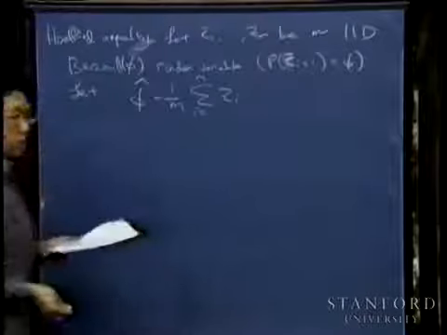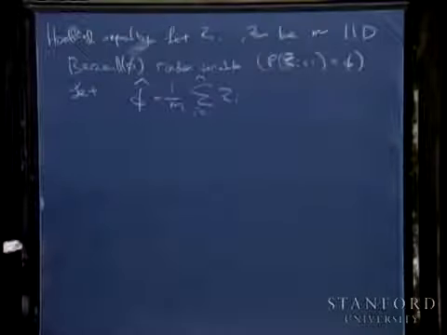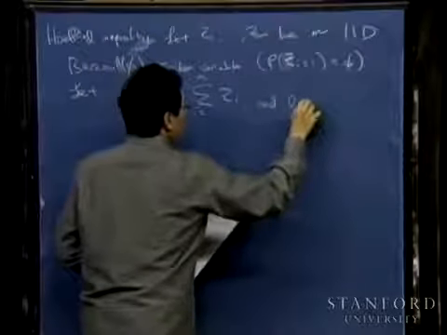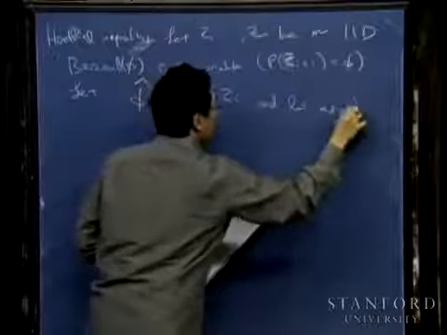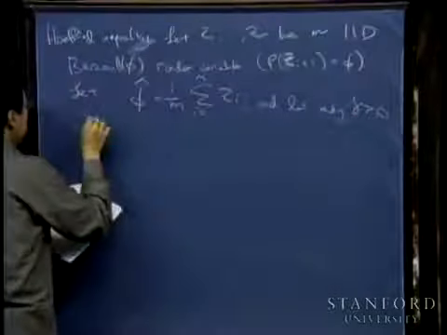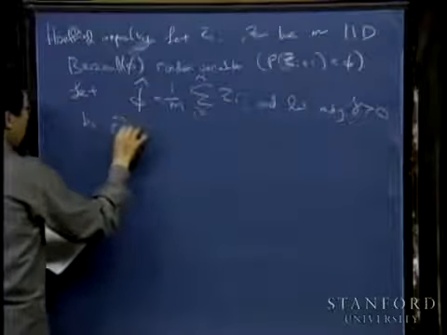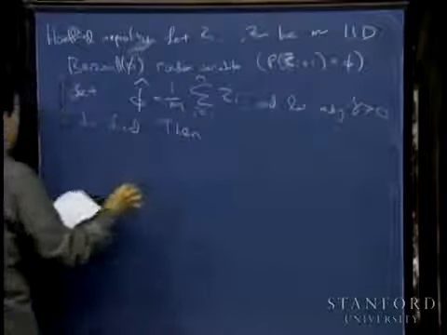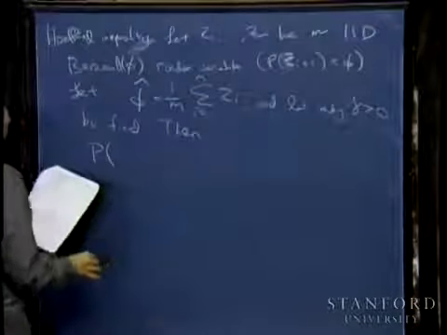It's just our attempt to estimate the mean of these Bernoulli random variables by taking their average. And let gamma be fixed. Then the Hoeffding inequality